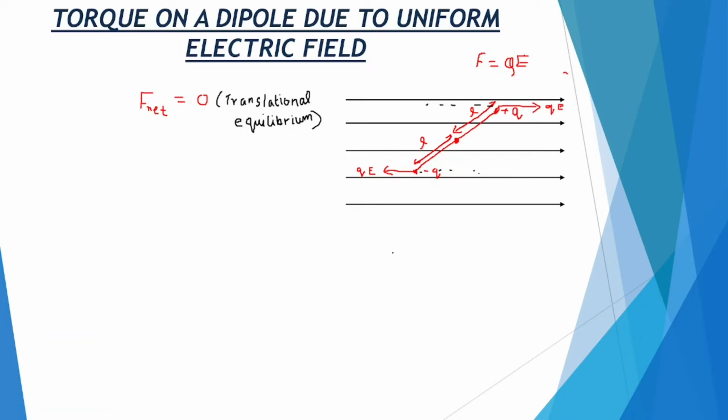For example, if our dipole is kept parallel to our electric field, with this as our minus q and this as our plus q, the force will be acting in this direction for our plus q charge and in this direction for our minus q charge. Now you can see that the line of action of the force on minus q is in this line and on plus q is also in this line, so our line of action is the same. That means this is in rotational equilibrium, so there will be no rotational motion for this dipole. But here the line of action is different, so rotational motion is possible for this dipole. Okay, I hope you understand this part.